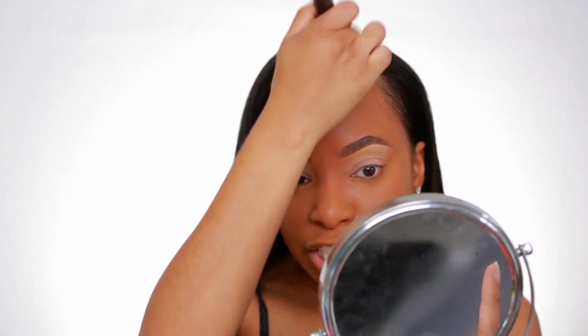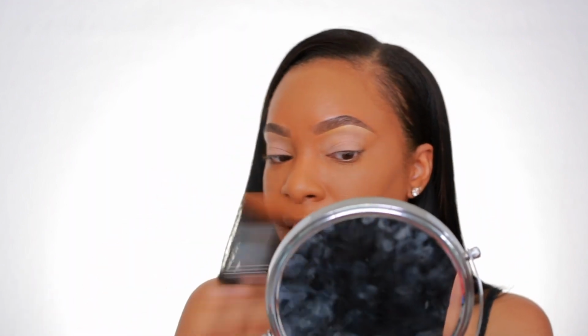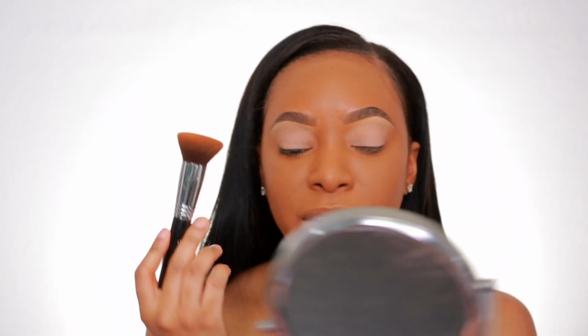But it didn't apply streaky at all. There's no patchiness. There's no unevenness. There's nowhere on my face that isn't smooth and even. And it just looks so good. I also love how velvety this is because like I said, it's definitely not a liquidy consistency. It's very velvety, very creamy,